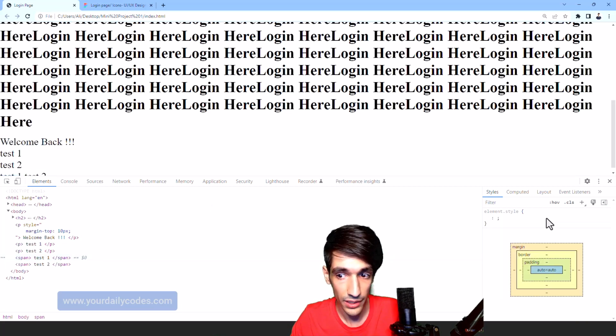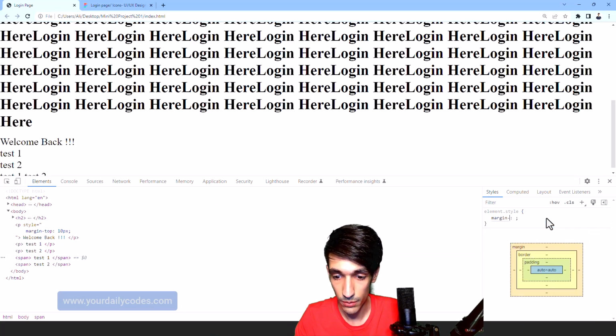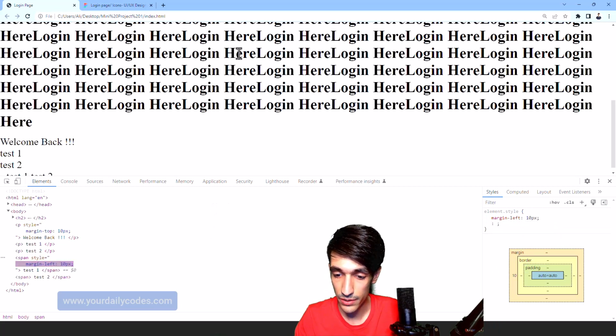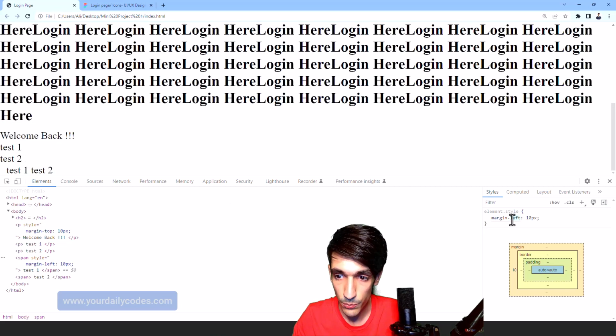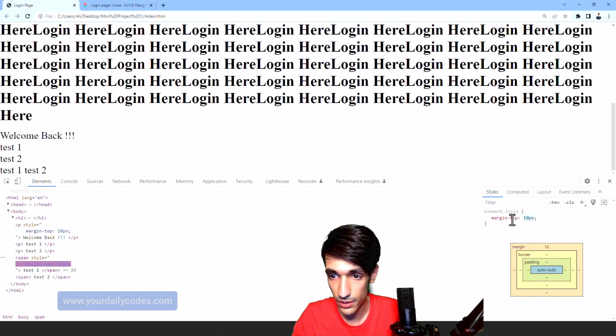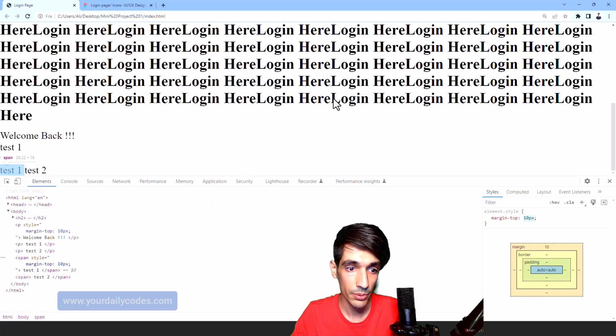But for inline elements, let's say margin left, for example, we have margin right, margin top, margin bottom, margin left, 10 pixel. As we can see, the margin left applied very well.